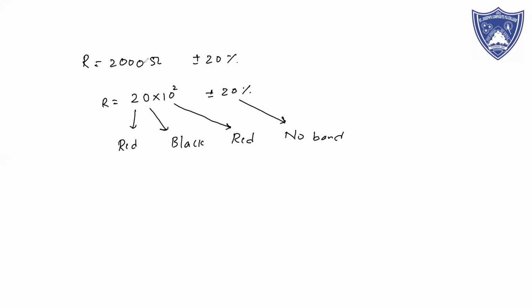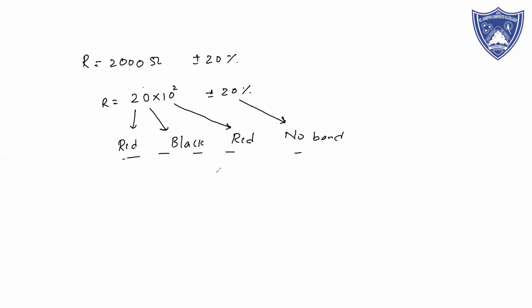And the two zeros will be 10 raised to 2. If you had one more 0, it will be 10 raised to 3. You write the color for 10 raised to 3. So very simple. This color coding is very simple. So this is how you get the color bands. If they ask you this type of question, you should arrive at the color bands. And if they give you the colors and ask you to find the value, then you should put the values and arrive at the value of the resistance.